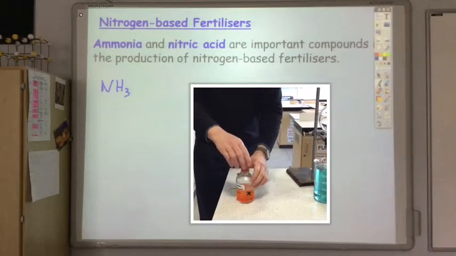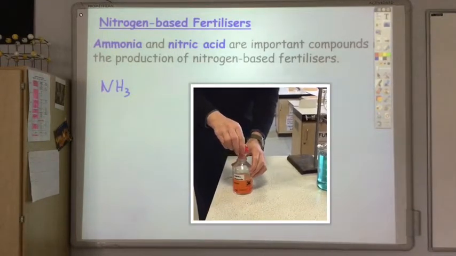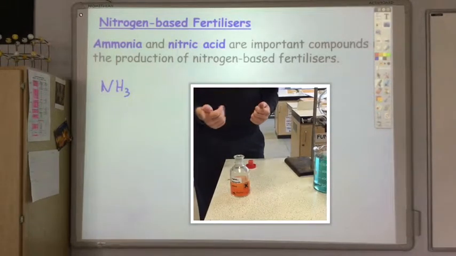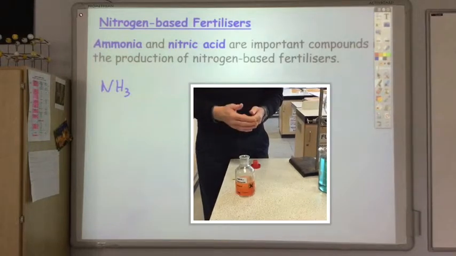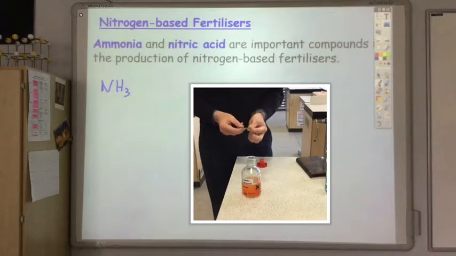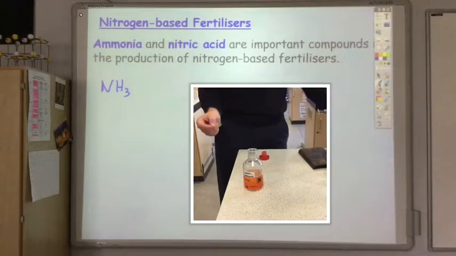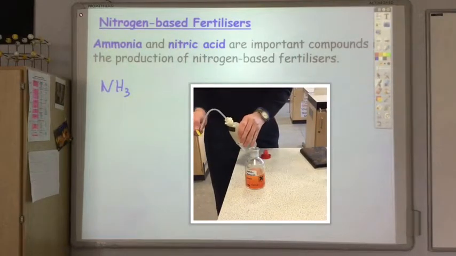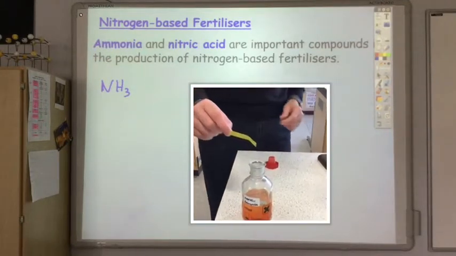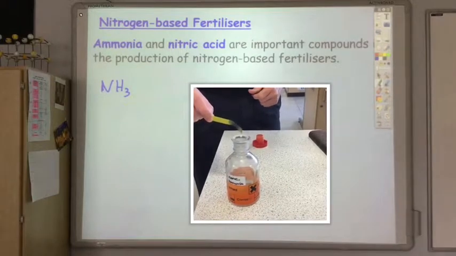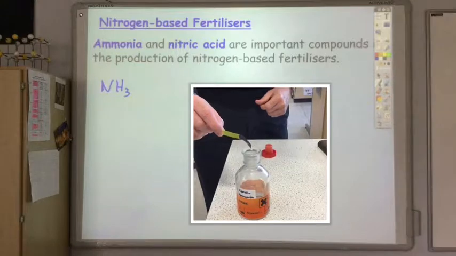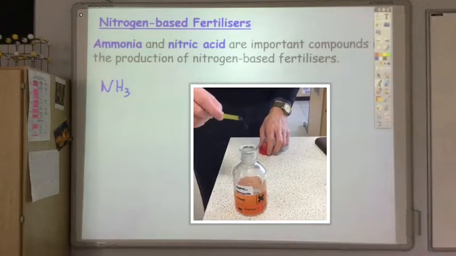Right, this is a solution of ammonium hydroxide, and it gives off ammonia gas. Now the ammonia gas has got a very strong smell. It's colourless, you can't see it, but it's got a very strong smell, as you may remember. But a good way of testing it is to look at the effect it has on a piece of damp pH paper. So here's my pH paper, and if I hold it above the bottle, you'll see it very quickly turns blue, because the ammonia dissolves in water to give me an alkaline solution,